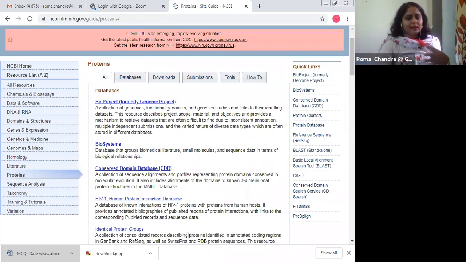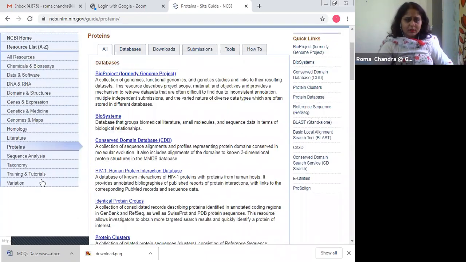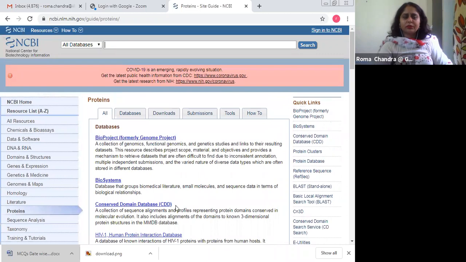So basically they are dealing with information with which we are directly or indirectly connected. Either they are maintaining it or they are just linking their information with those databases. Okay, so there are a lot of tabs here you can go through in detail.